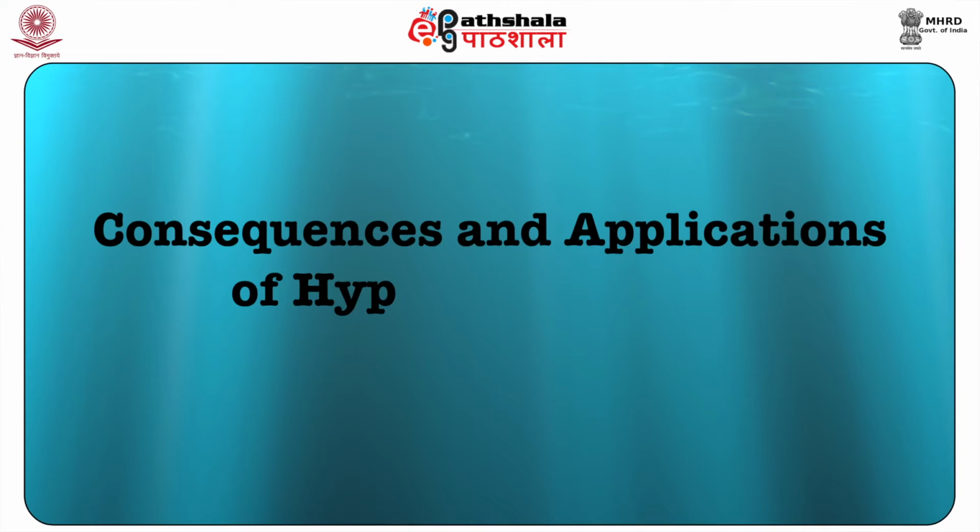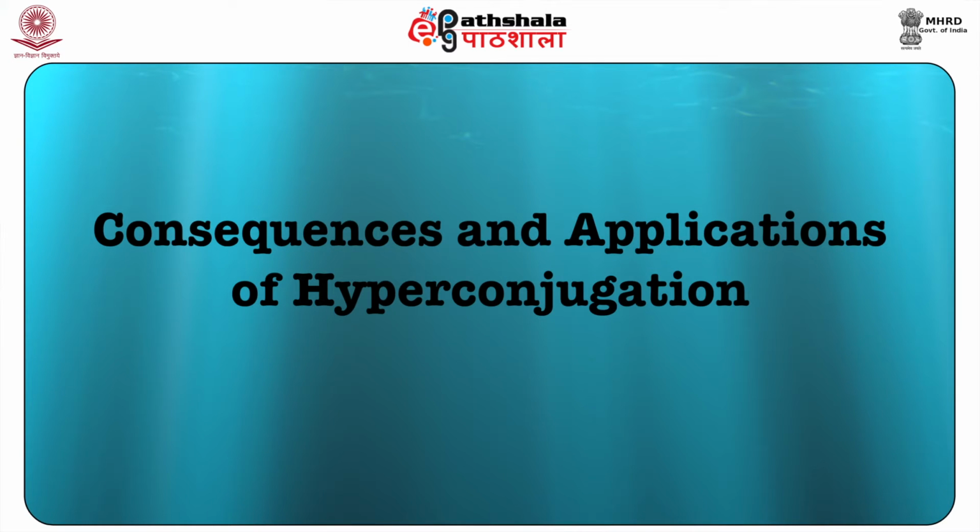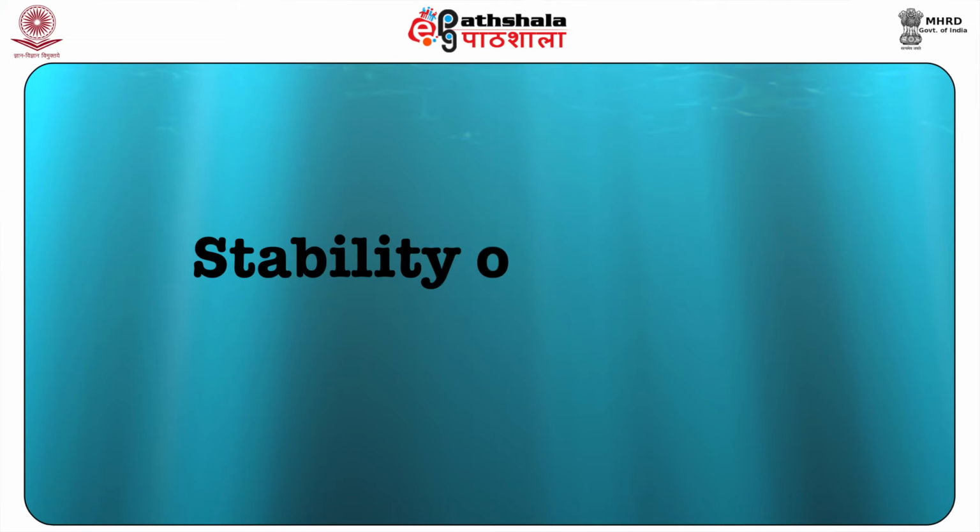Let us now look at the consequences and applications of hyperconjugation. First of all, let us look at the stability of alkenes. As a general rule, the greater the number of alkyl groups containing alpha hydrogen attached on the double bond, the greater is the stability of the alkene. And this is because there will be an increase in the number of contributing no bond or hyperconjugative structures. So, we can say out of 1-butene and 2-butene, 2-butene is more stable than